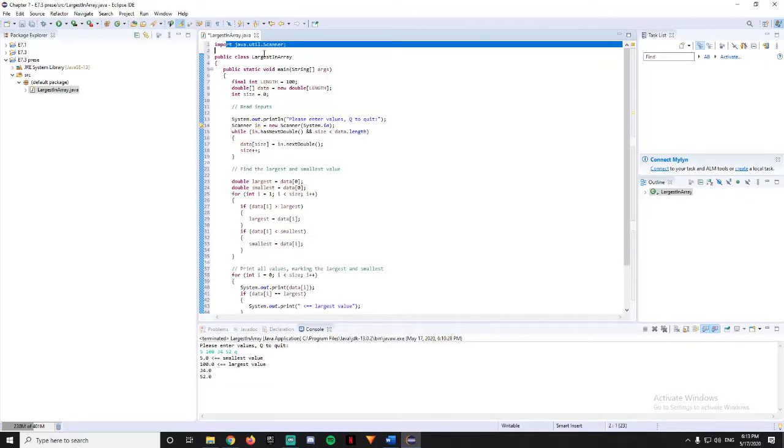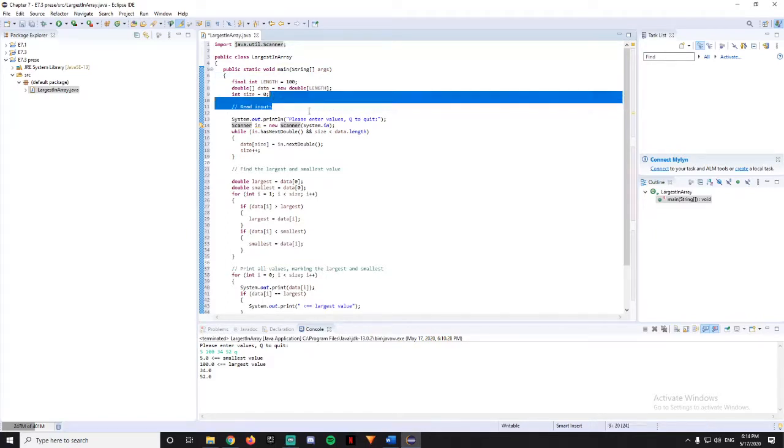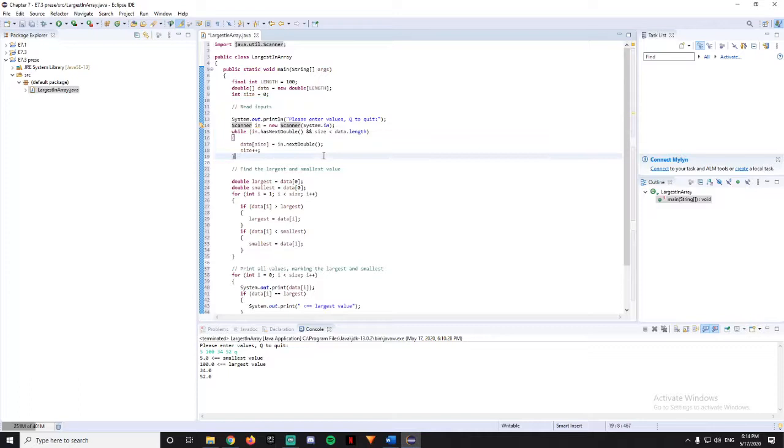So first we use the import java.util.Scanner, which asks the user to provide input, or this allows it to happen. And then this is the public class, the main method, and then from right here, this pretty much asks the user to put some inputs, and it allows it to read